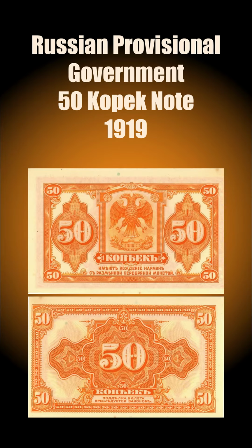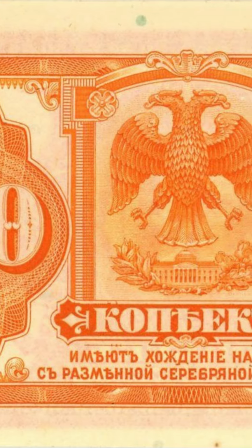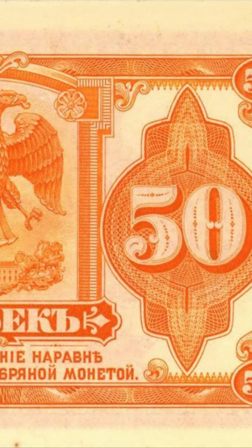This striking 50 kopeck note was printed in bright orange and features a detailed decorative design. On the front at the centre is a double-headed eagle, but unlike the old imperial symbol, this eagle has no crown, sceptre, or orb. It was the emblem of Russia's Provisional Government, used after the fall of the Tsar in